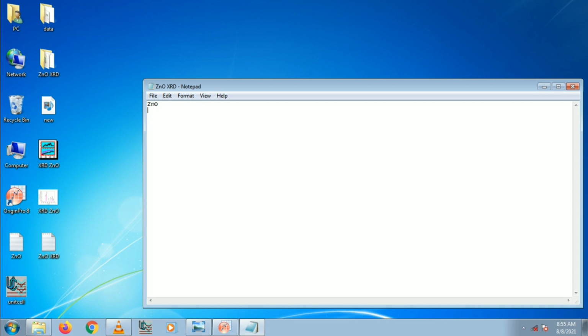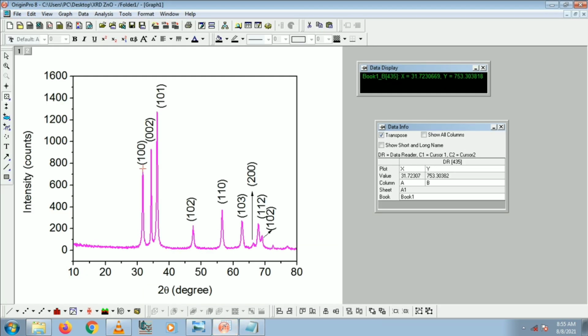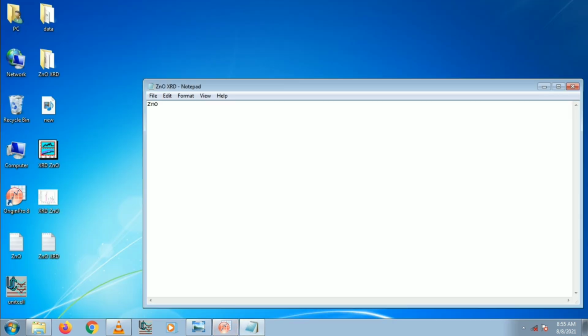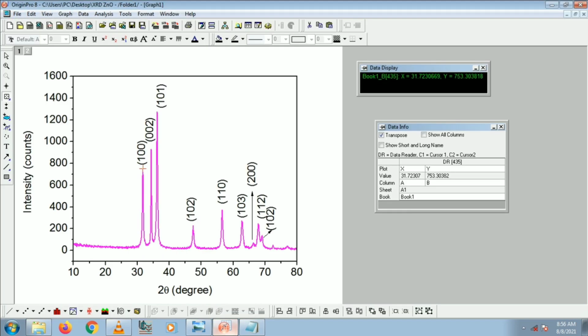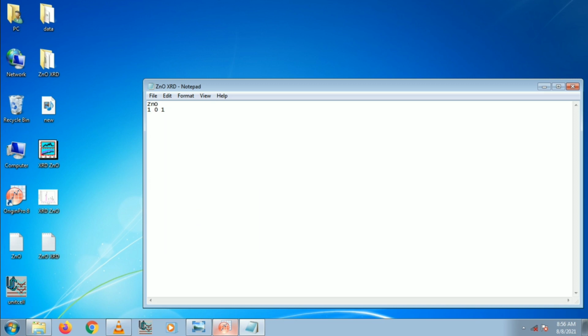It is a simple input file we can create by typing the Miller indices and their corresponding 2 theta values. Here you can see how I created this input file from the pattern.